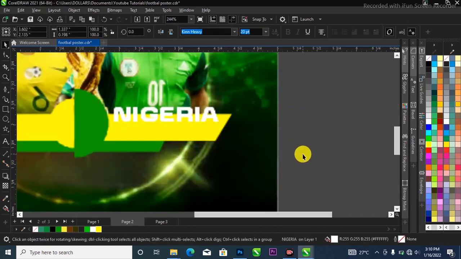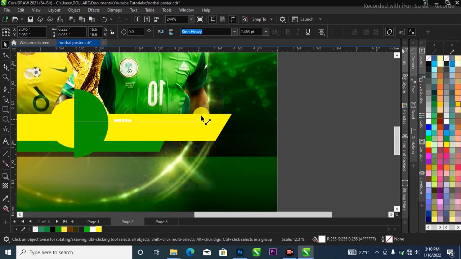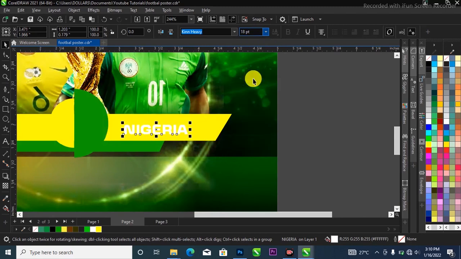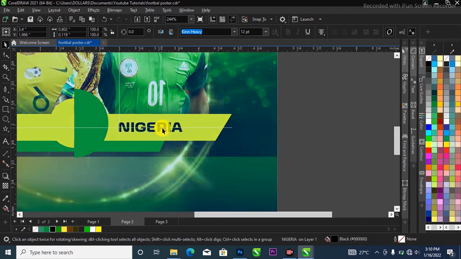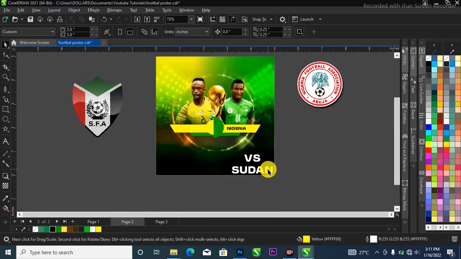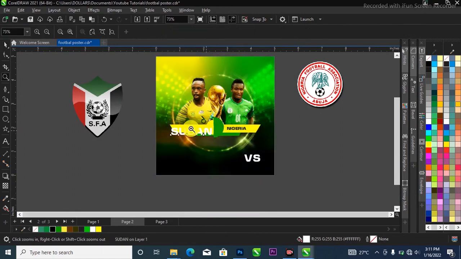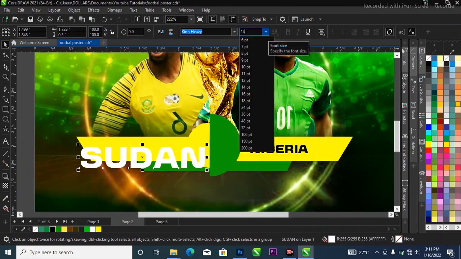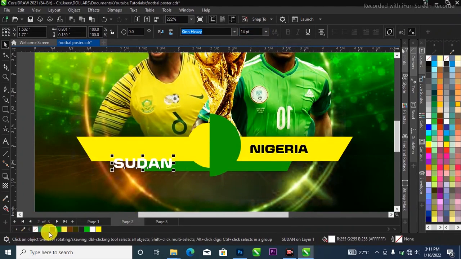Let me see if that will work. Let me try to do it like this. Let's use 18. Let's see 18, and place it right around here. 18 is too big. Let's try and use 14 or even 12. 12 will be okay. Let me change the color to black and place it over here like this. So I'm gonna do the same thing to the other one, which is the Sudan, and I'll bring it over to this place, and I'll change the size to 14, and I'll change the color also to black